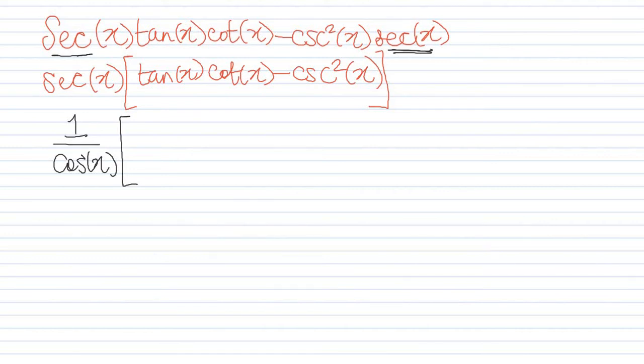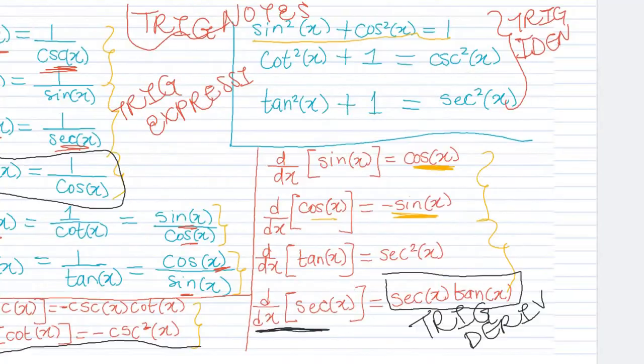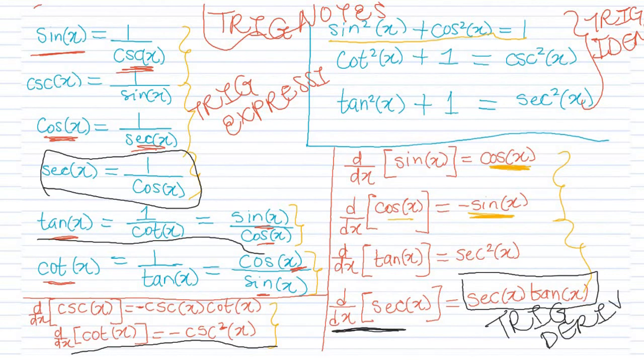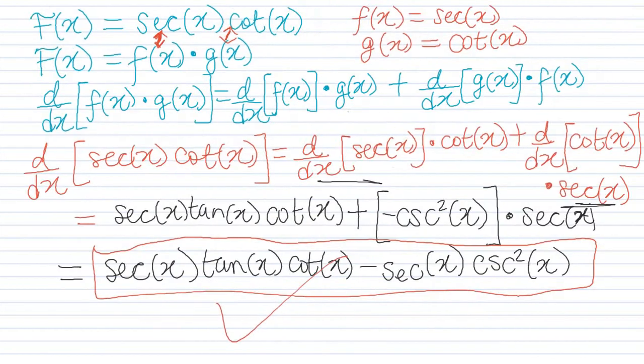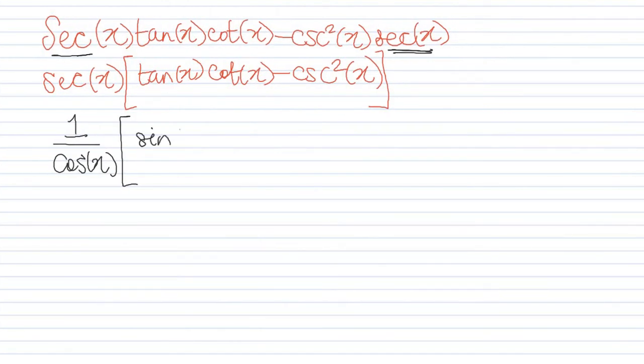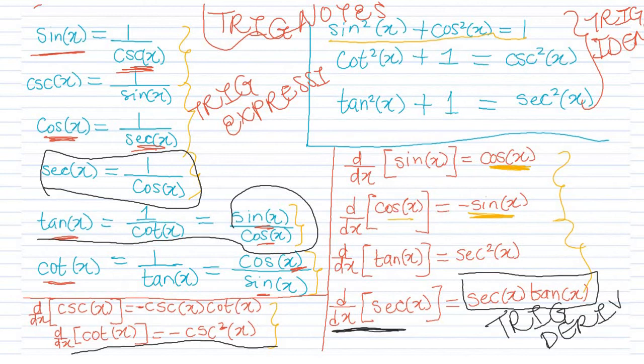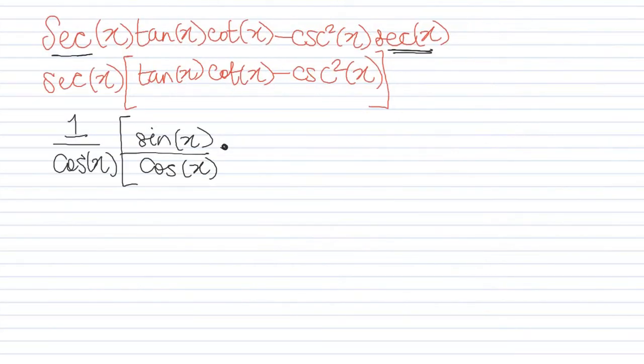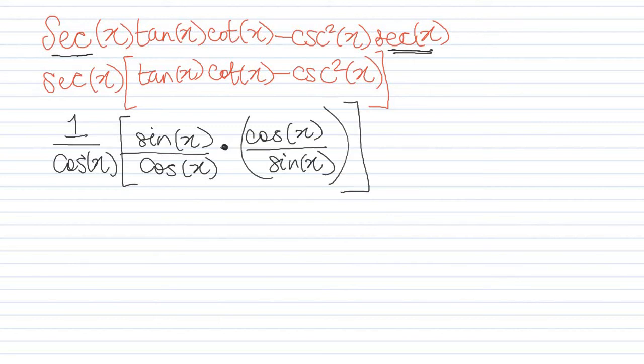What is tan x in terms of sine and cosine, since that's what we're representing? In terms of sine and cosine, tan x is the same thing as sine x over cosine x. So we're going to say sine x over cosine of x. And then what is cotangent x? Cotangent x can be represented as 1 over tan x, which is the same thing as cosine x over sine x. So we're going to say multiplied by cosine x over sine x. Okay, then, we're not going to do the big bracket yet. So we have that minus